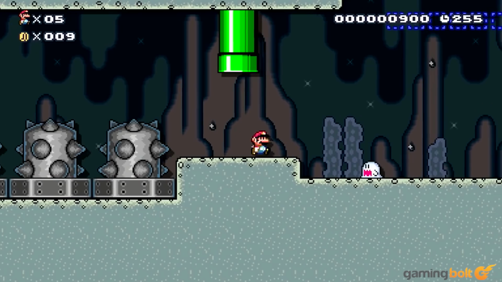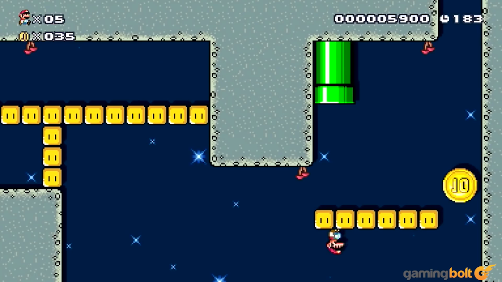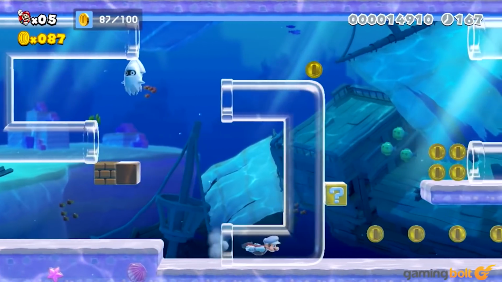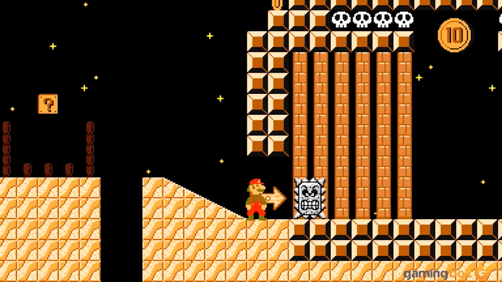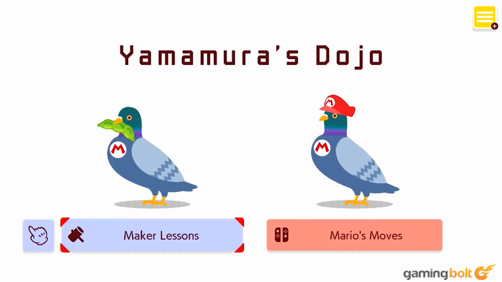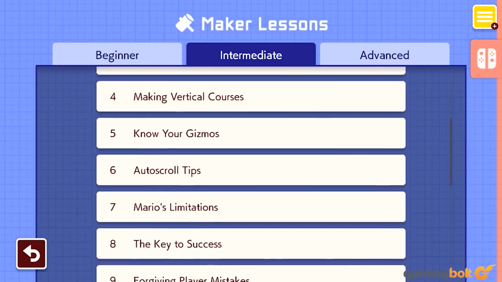Or maybe you can combine the low gravity of nighttime with an obstacle course of spikes, seesaws, and gigantic flying Goombas. For those that want more direct lessons in how to use Super Mario Maker 2's creation tools in increasingly creative ways, there's Yamamura's Dojo to dive into, which sees a pigeon, the aforementioned Yamamura, giving you lessons on everything